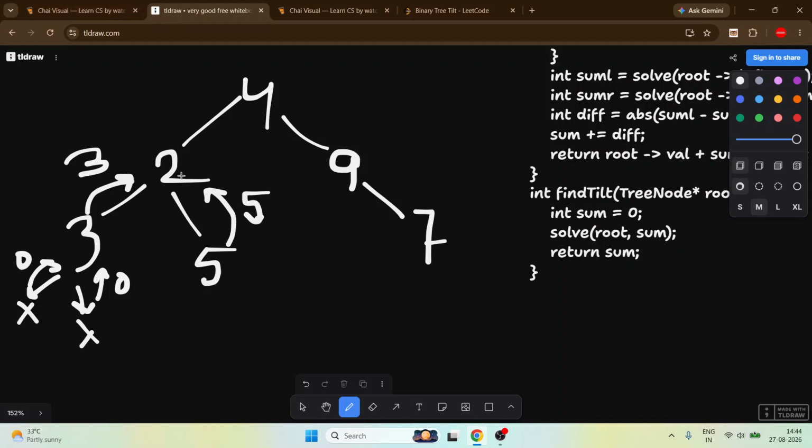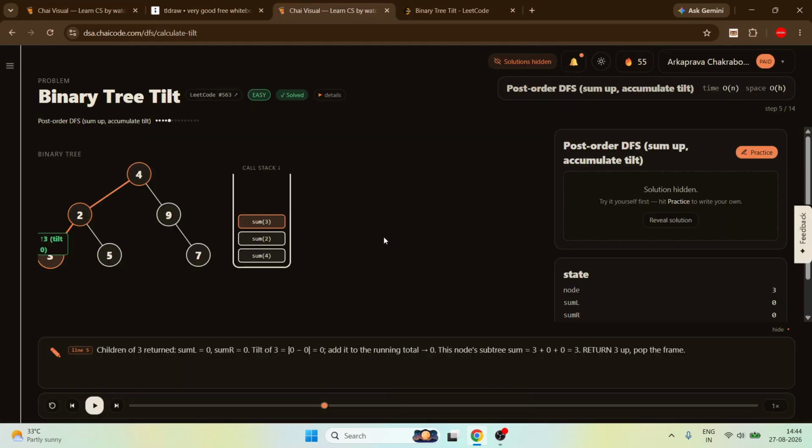Now this 2, what will be the value of this 2?